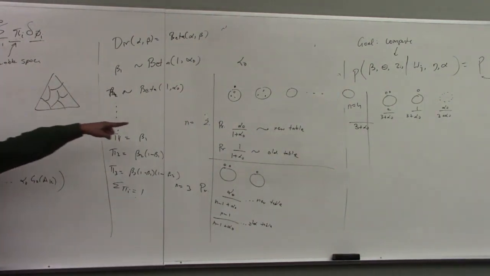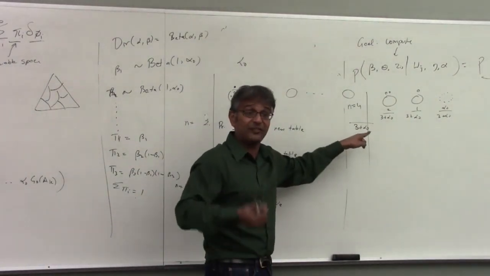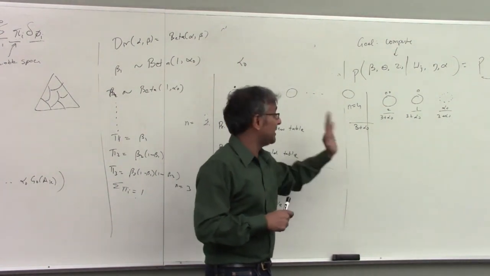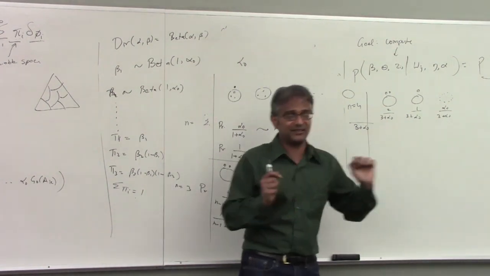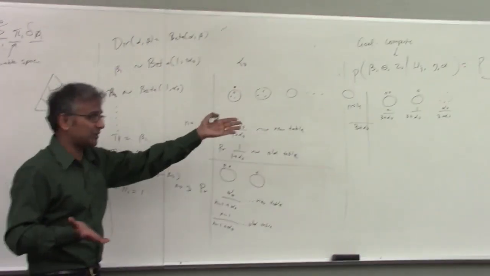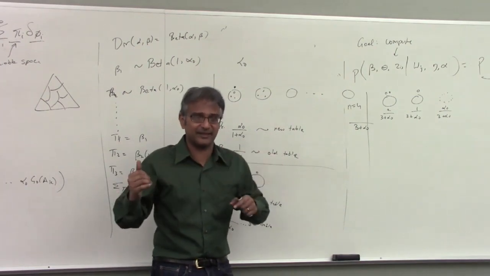Notice here, you can always keep adding clusters. There's always a chance to add more clusters. As alpha 0 goes up, you have more of a chance of adding new clusters. So the number of clusters in the system is infinite, potentially. There is no bound. There's no k. So if I want to cluster in this model, I never have to produce a k. The alpha 0 somehow controls how many k's I have.